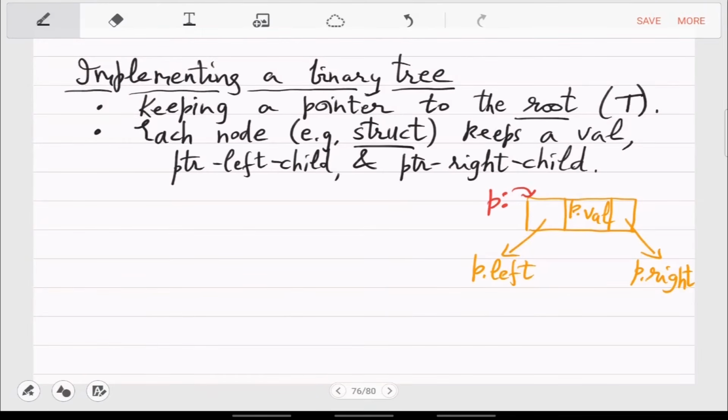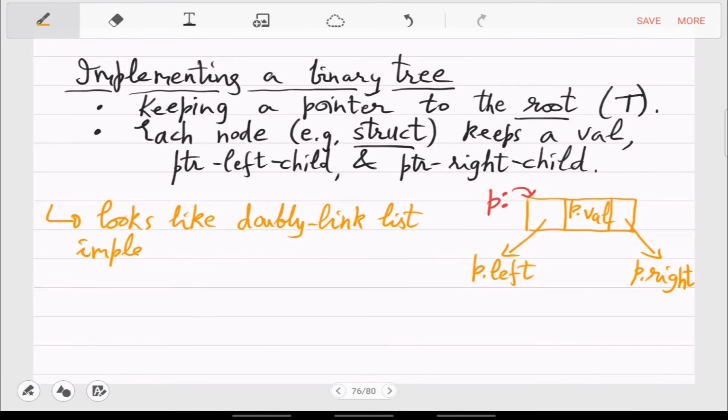So if it is looking exactly like a doubly linked list or an array, where will the advantage come from?